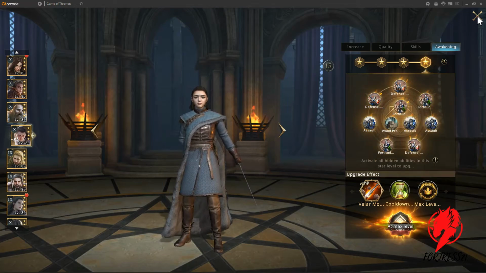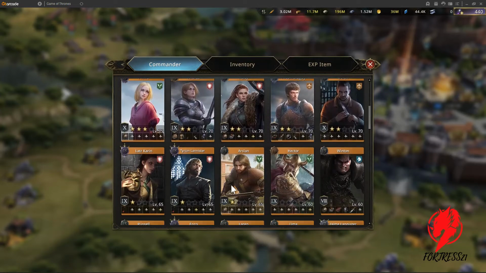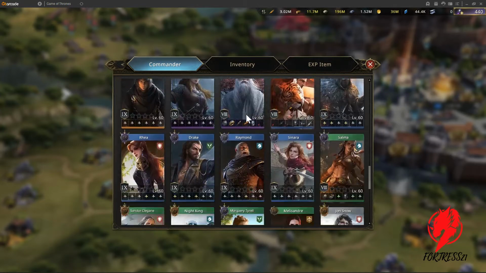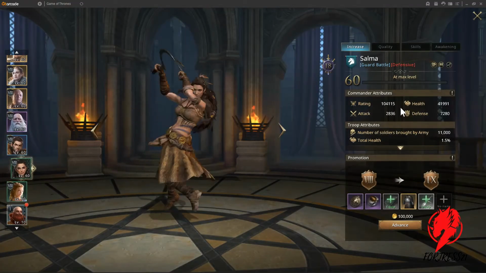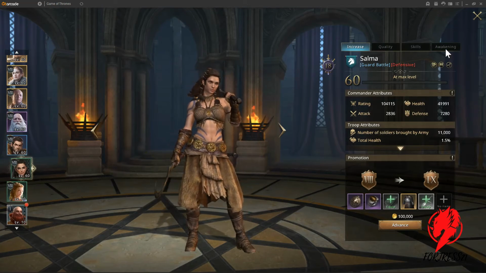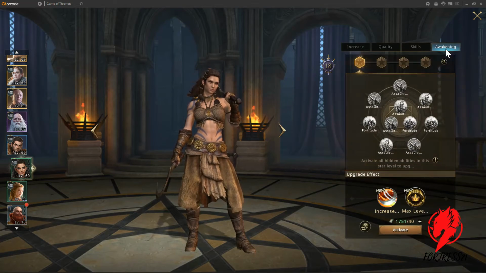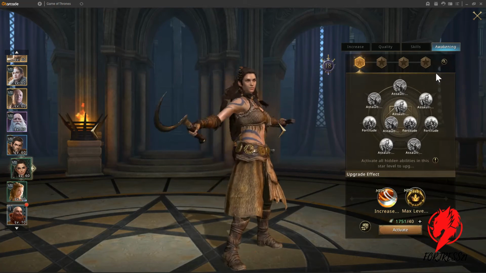The other commander that you can use, no matter if you are in a spear or cavalry front line, is Selma. I have it in green quality, but I'm trying to make it gold and 4 stars. But the awakening skills that Selma has make her so special, because